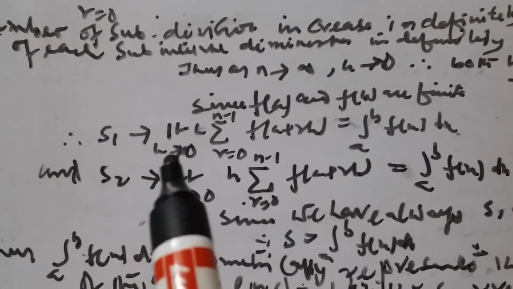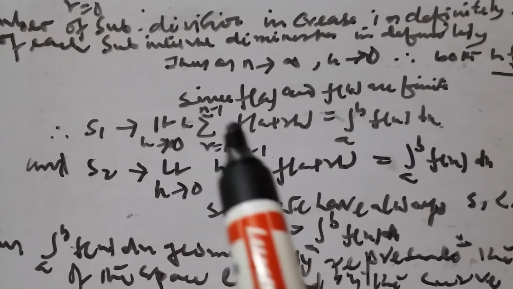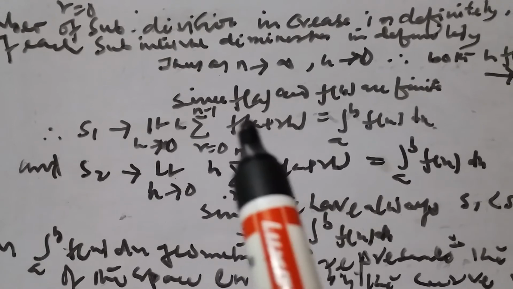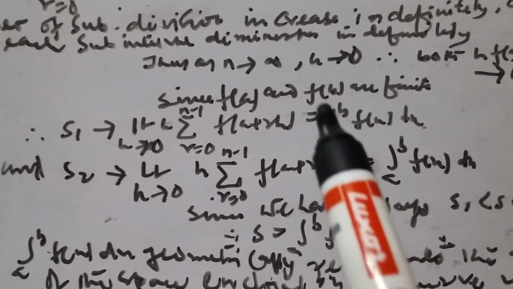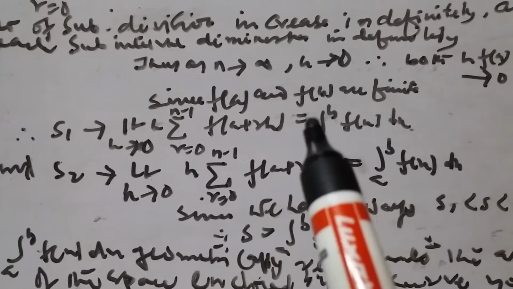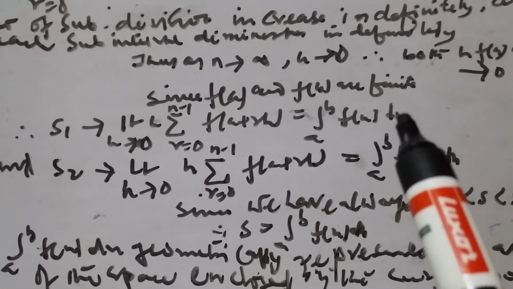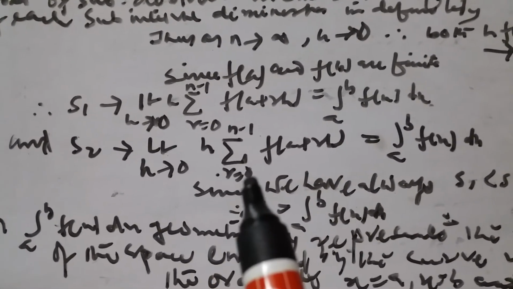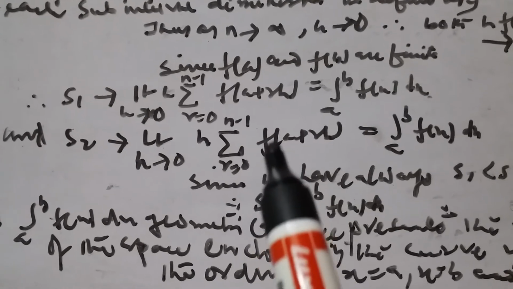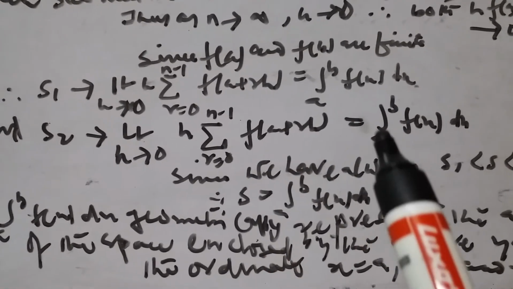So S1, the limit as h tends to 0 of h times the summation r equal to 0 to n minus 1 of f(a plus rh), is equal to the integral from a to b of f(x) dx. And S2 is also the integral from a to b